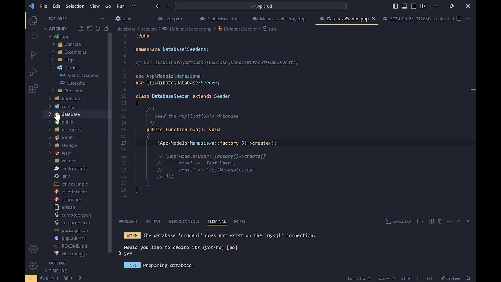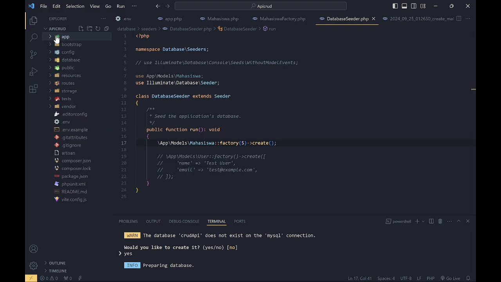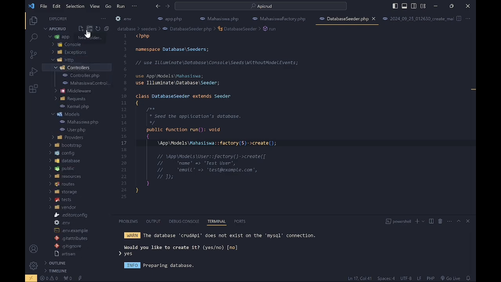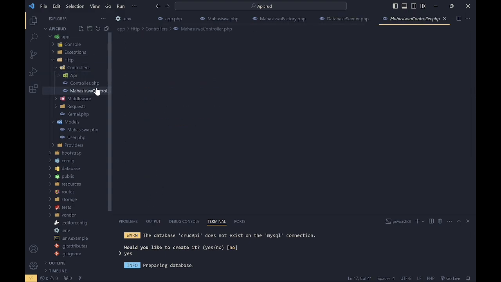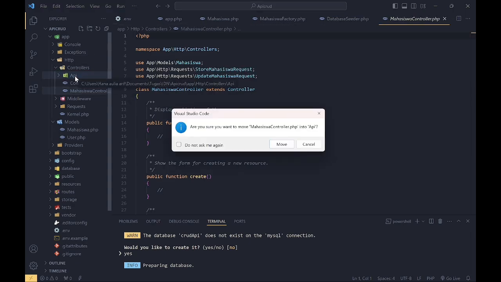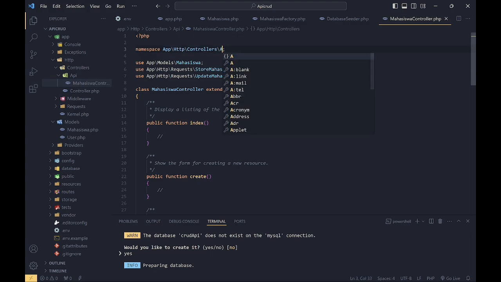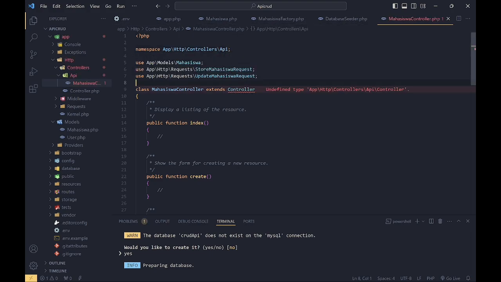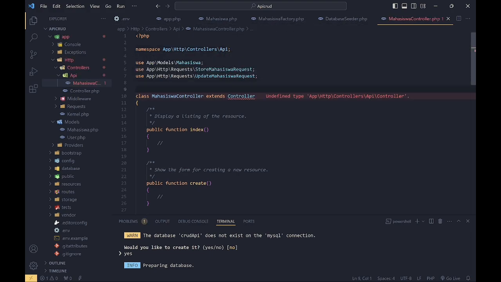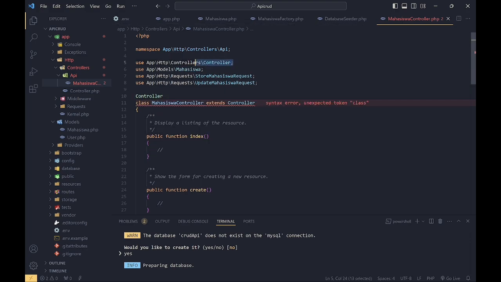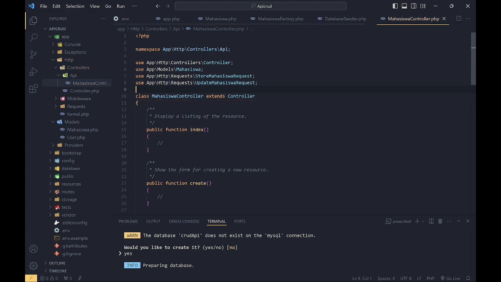After this, we will make a controller folder API, and then this Mahasiswa controller I move to the API folder. And then in here I add slash API, and then I type controller for making use App HTTP controller.